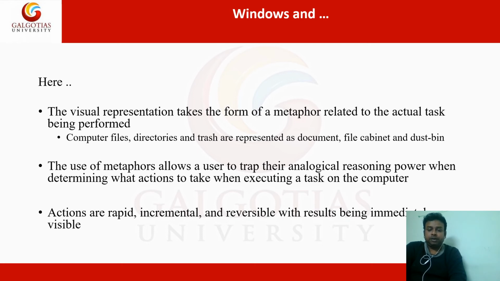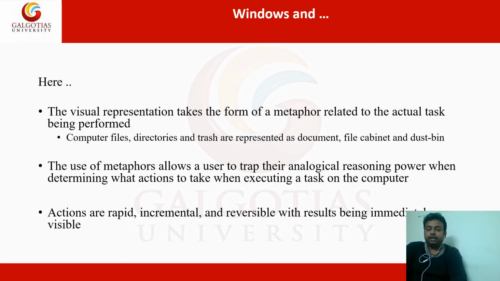Actions are rapid, incremental and reversible. In this example, whatever action we are taking is rapid, it is fast. And it is incremental, so step by step, whenever we are deleting, in each step what has happened is visible to the user.